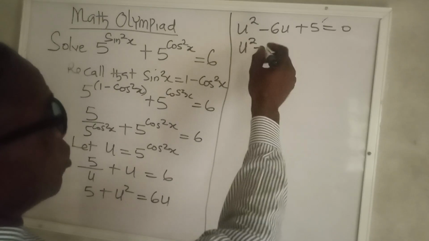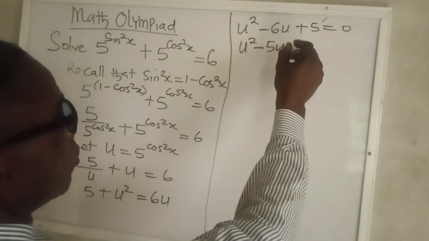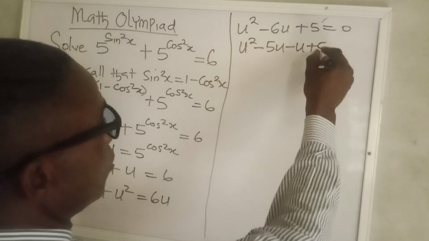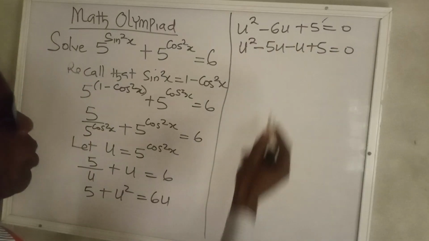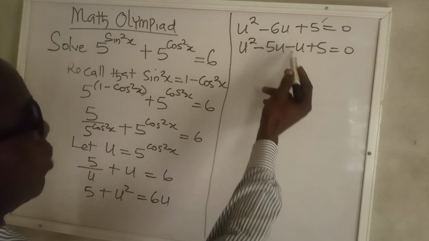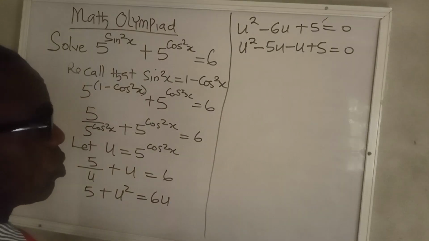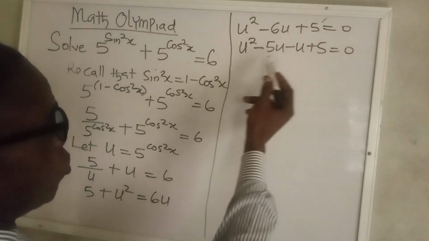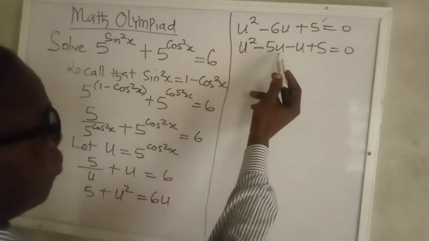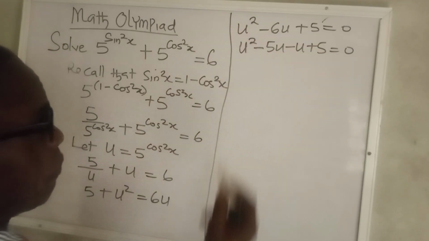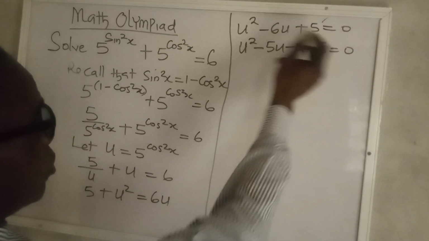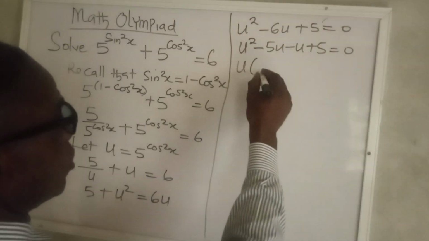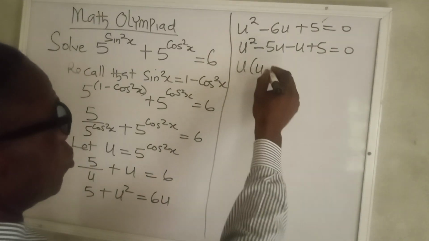So we can write this to be minus 5u minus u plus 5 equals 0, such that if I add these two, I'll have minus 6u, which is the middle number. If I multiply minus u and minus 5u, I'll have plus 5u squared, which is the product. So we have u into u minus 5